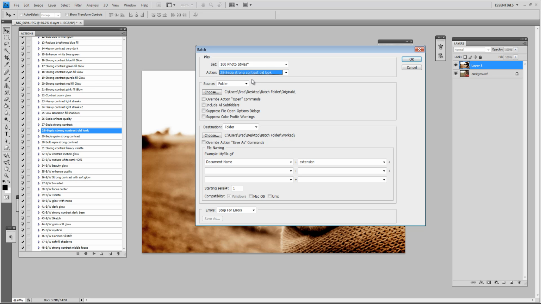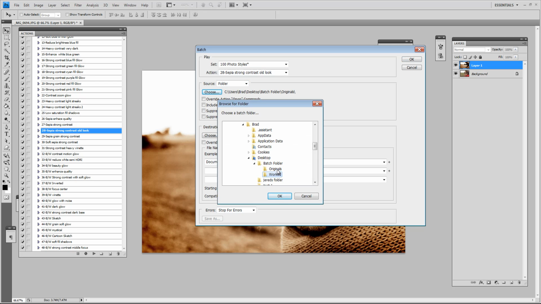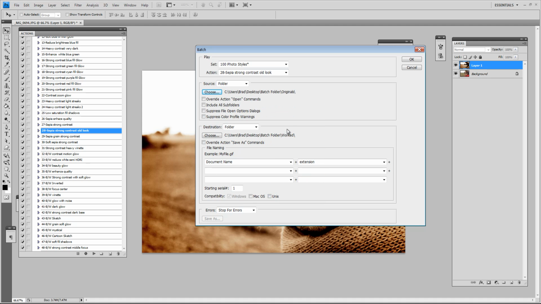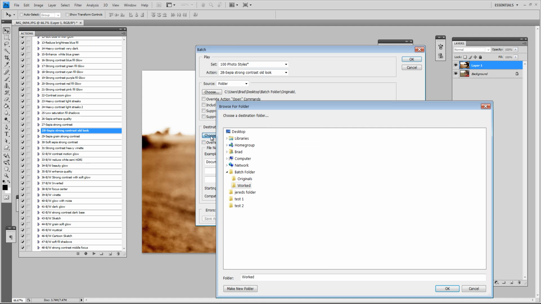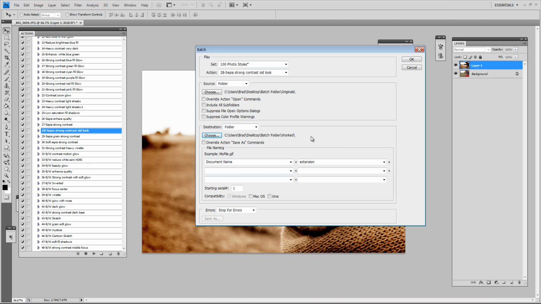That was the style that we want. So we need a source folder, and the source folder was our originals. Hit OK, and we need a destination folder as well. For the destination, we can just choose worked, which was empty, so we'll put in worked, and that's it. So we can just hit OK,